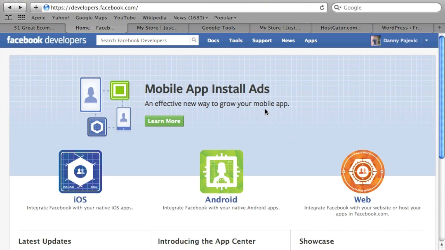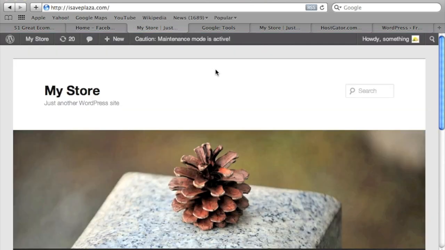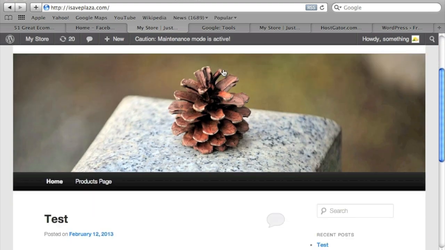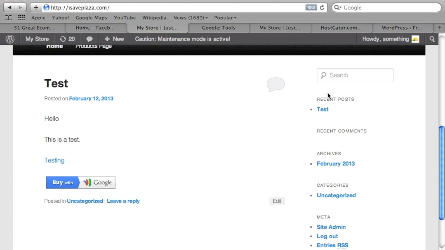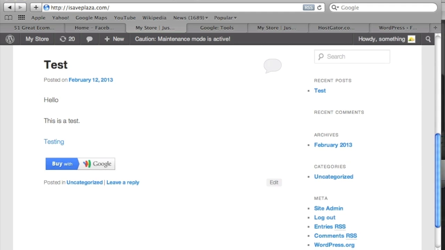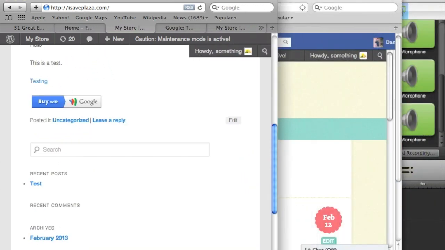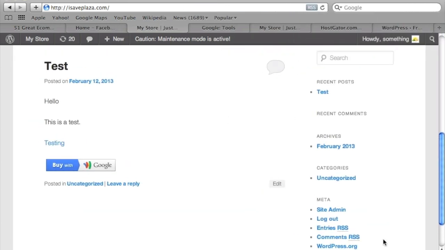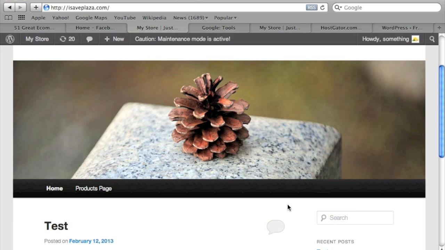So right now I'm going to show you the site that I'm going to be using for this Facebook store. It's actually my test site, iSafePlaza.com. And I'm using WordPress because it uses responsive web design. For those of you that are not familiar with responsive web design, what it basically does is the theme adjusts to the browser size. See, for example, here in the right column I have my recent posts, archives, categories, etc. As I adjust the size of my browser, you will see how the right column has moved to the bottom. This is very important for our Facebook store because we need a design that actually adapts to the size of the Facebook canvas, and WordPress works